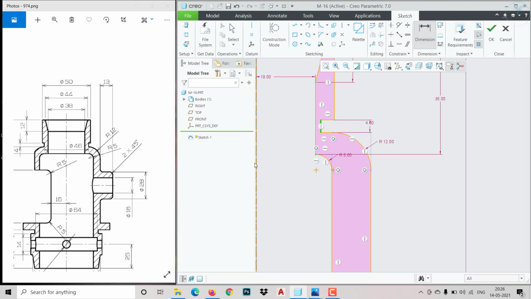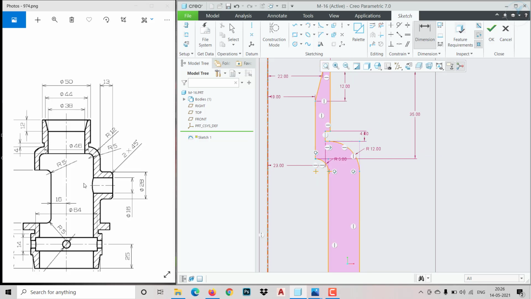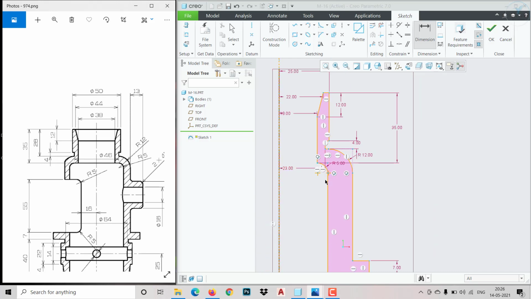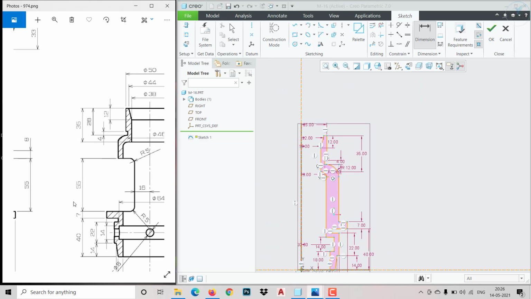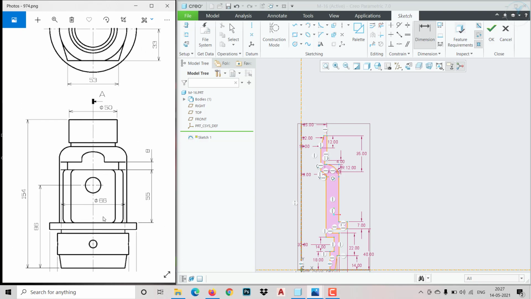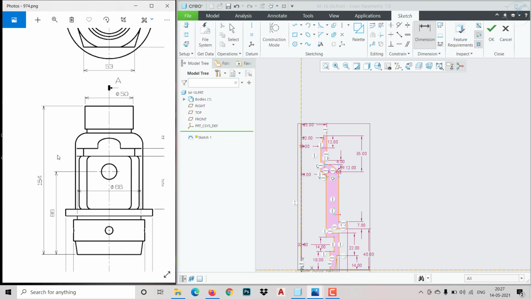That means half of it would be 23. Fine. This thing and all I think we can do later. The total distance we need to give, from here to here, is 154. That is fine.